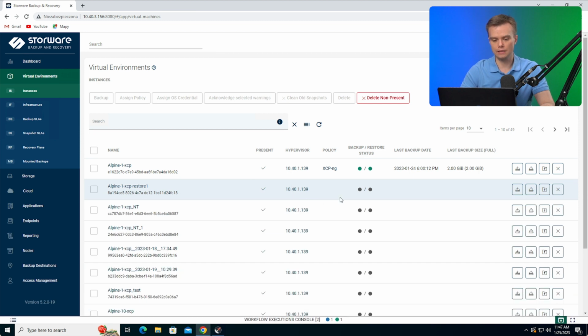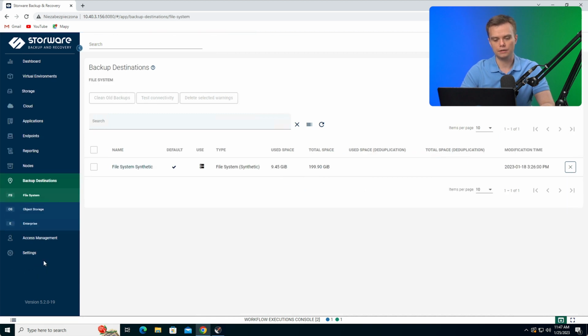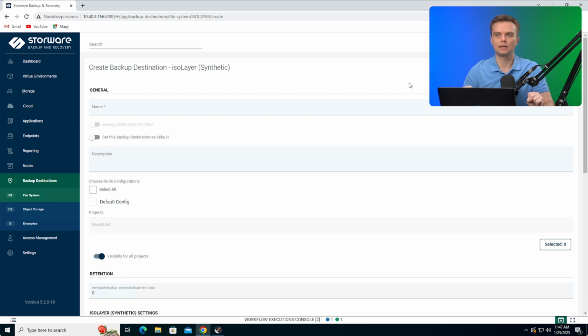Now, the backup destinations I have mentioned here are of different types. So we support file system, object storage, and enterprise grade backup destinations. For file system, this may include synthetic backup destinations. That is, in this case it is going to work specifically for the CBT strategy. But you may also use other options like isolayer if you would like to define remote network file system which